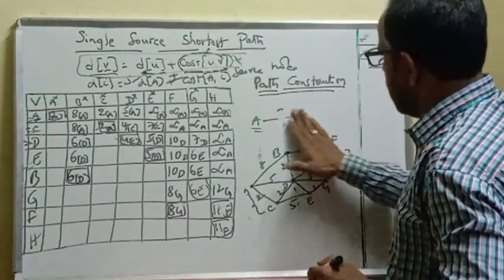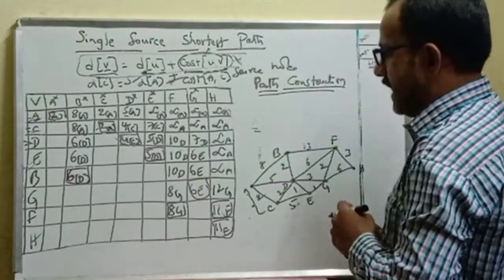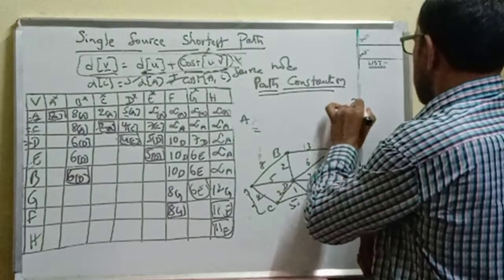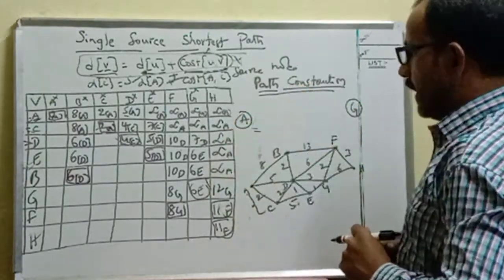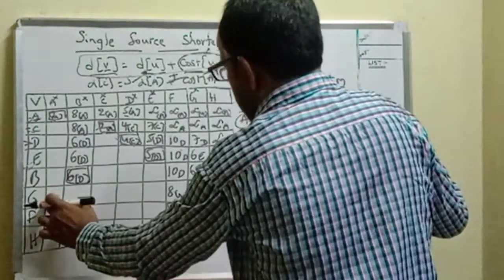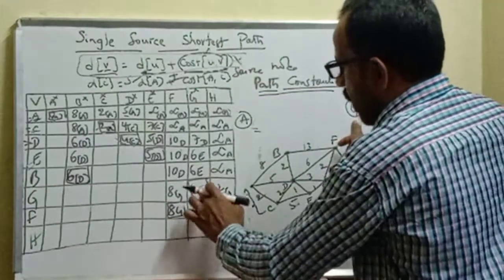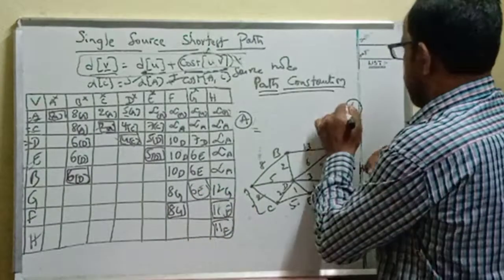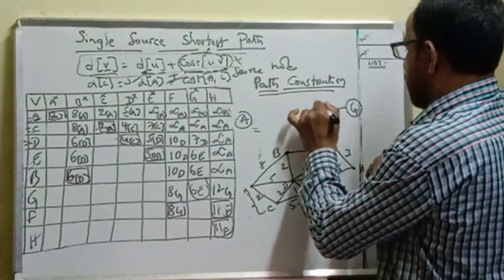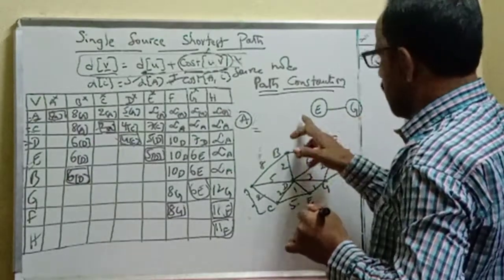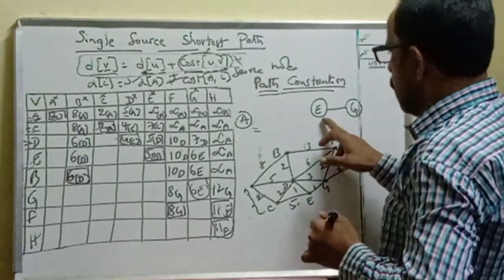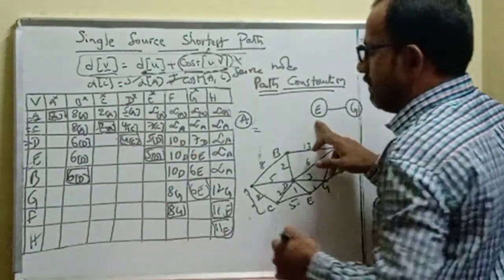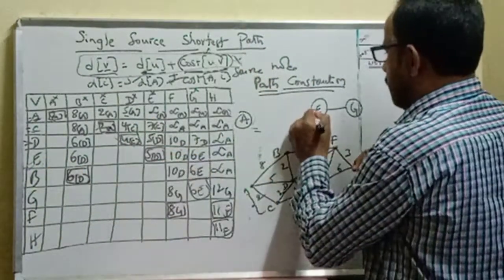Okay, I will take another path, the longest path. Suppose you take Z. Now our target is constructing the path between A and Z. Then go to the row which is represented with Z and identify which number is squared. Okay, now 6 is there. Then what is the subscript of 6? E. Then the previous node to reach Z is E. From E we reach Z. Then go to the row which is represented with E, and identify which number is represented and what is the subscript. Subscript is D.